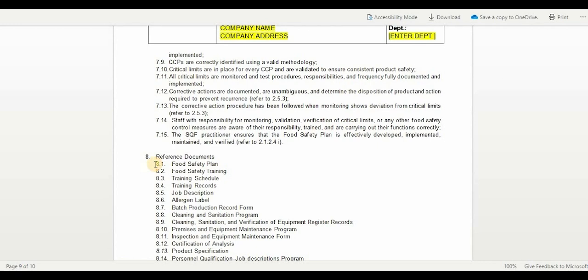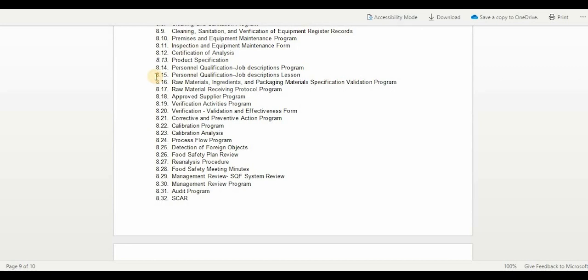It includes the food safety plan, the food safety training, training schedule, training records, job description, allergen label, the batch product record form, cleaning and sanitation program, cleaning, sanitation, and verification of equipment register records, followed by the premises and equipment maintenance program, the inspection and equipment maintenance form, certification of analysis, product specification, personnel qualification job descriptions program, personnel qualification job descriptions lessons, the raw materials, ingredients, and packaging material specification validation program, raw material receiving protocol program,